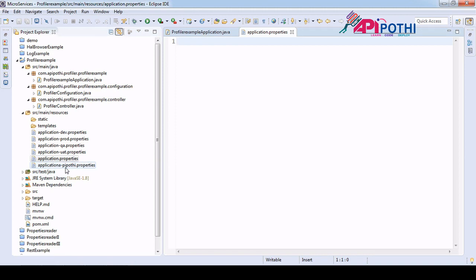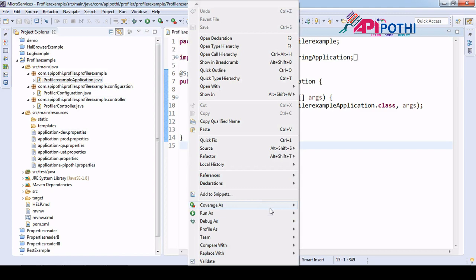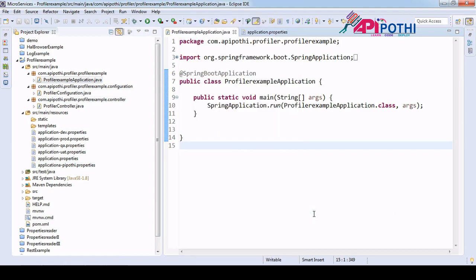I want to run this on server port 8080. By default it is running on 8080 anyhow, but if you write it, it won't harm you. To set the server port, server.port is the key we need to write. Since by default it is running on 8080, I am writing 8080 for now. If you run these changes, your code will still be running on 8080 only,